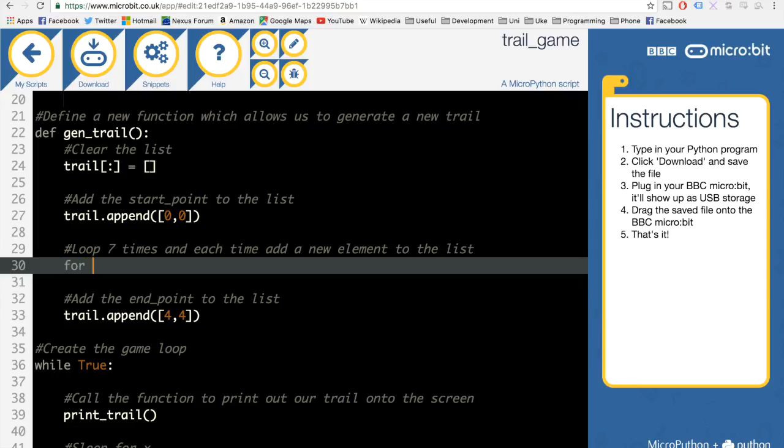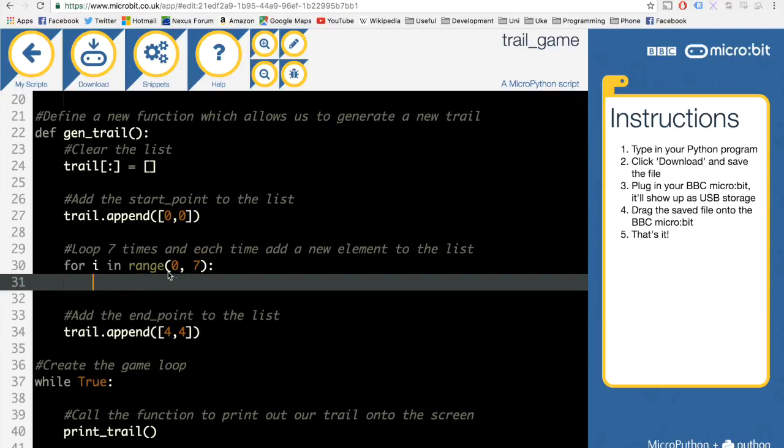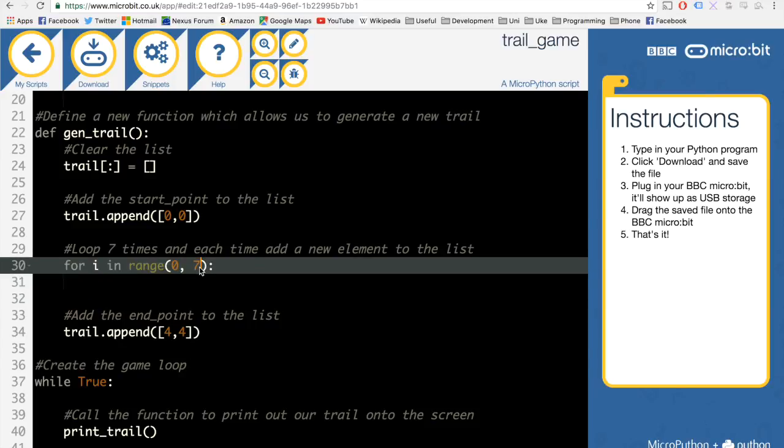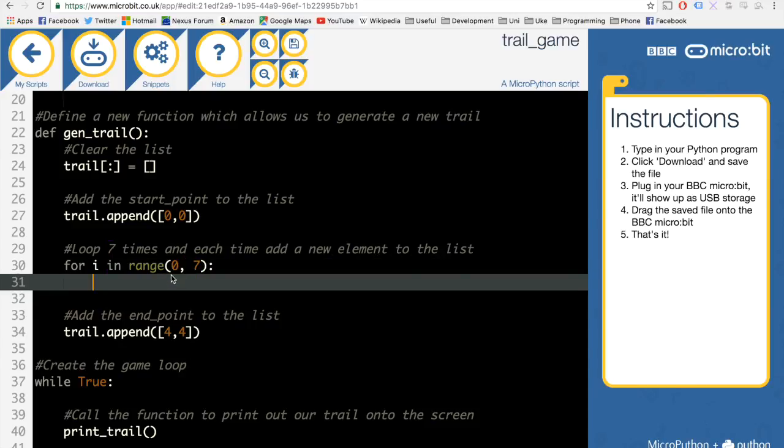So for I in our range, and we're going to use the range of 0 to 7, and the reason we're going to do this is, well, we've got 0, 1, 2, 3, 4, 5, 6, and that is 1, 2, 3, 4, 5, 6, 7 numbers, so we're counting this 7 times even though we're actually only counting up to 7. So this loop runs 7 times. Inside of that loop we're going to want to